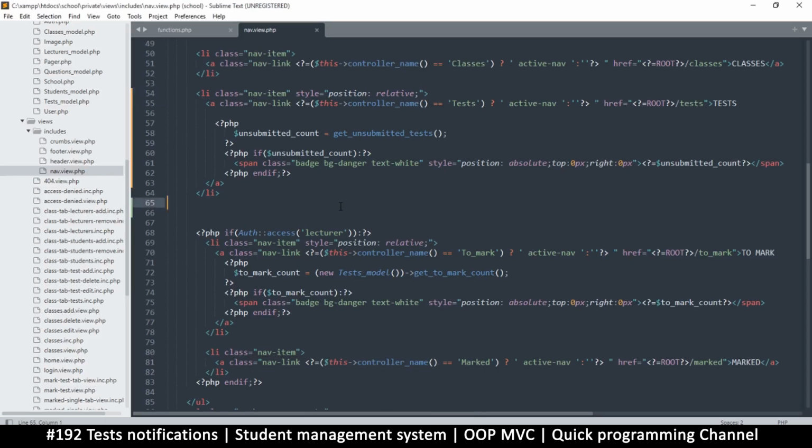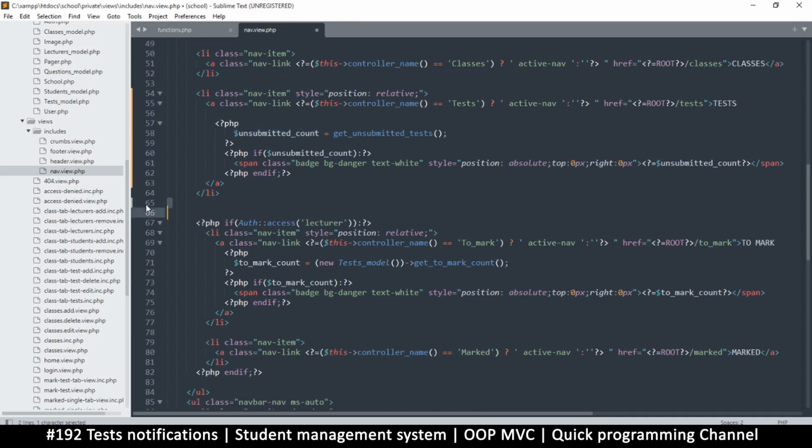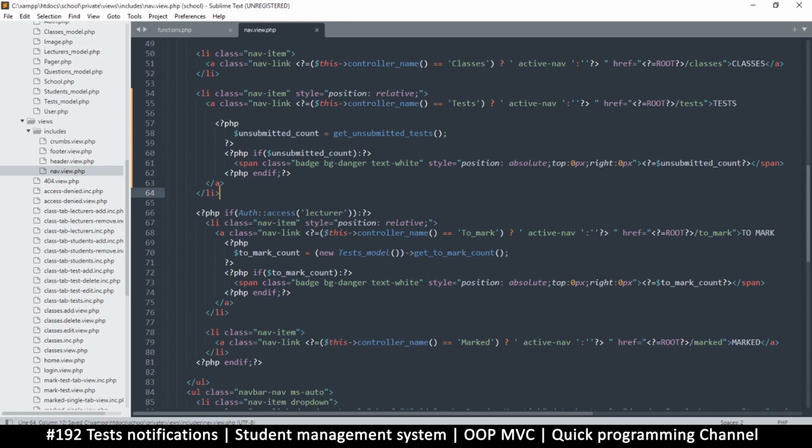So a way we can do that is to make sure that the return of unsubmitted tests is actual rows which have a test ID. That way we can, as we are loading those tests, if we find that one of those tests is in there, then we can display it differently. So what I'll do is this. I will change this, because now once I change it, get unsubmitted tests,